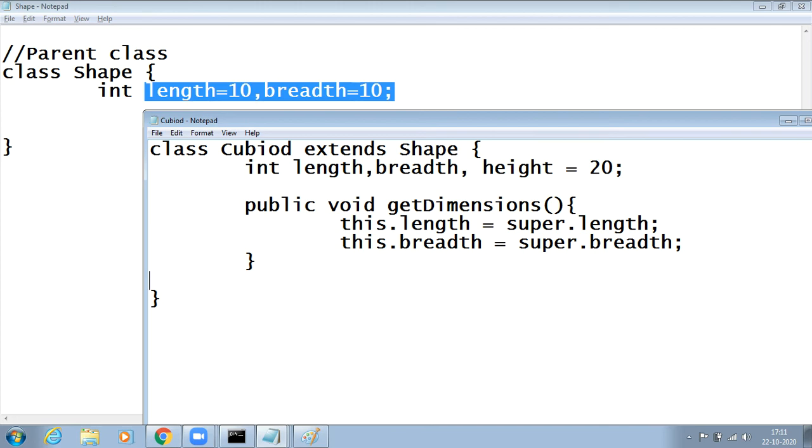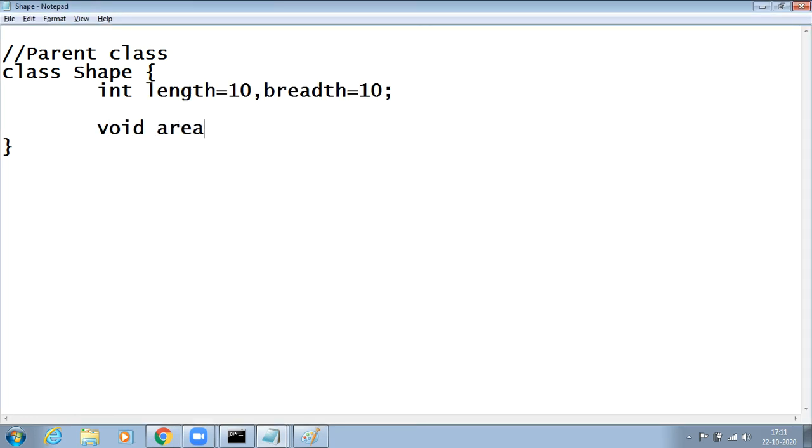Okay. Now I want to write public void area. I want to calculate the area now, by passing the length or breadth from here. You can even do this. For example, I pass an int width, and I create an area method, void area, with the property int width.